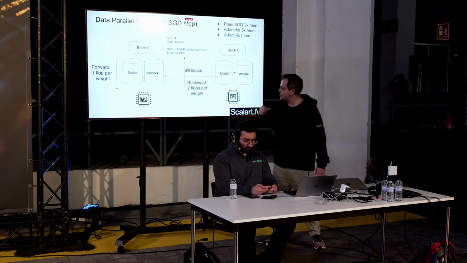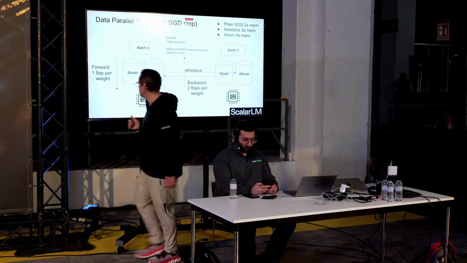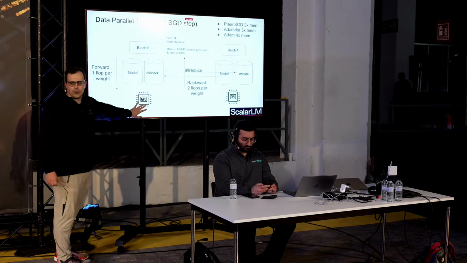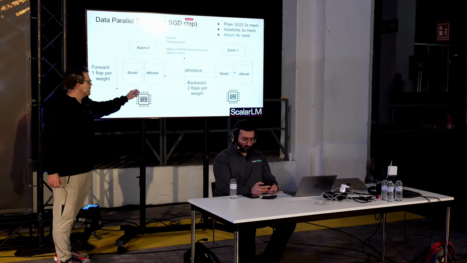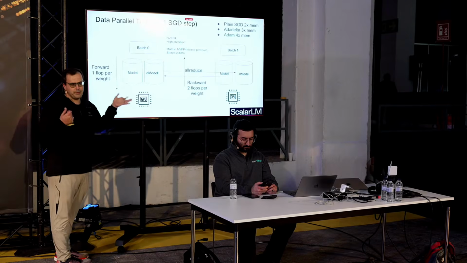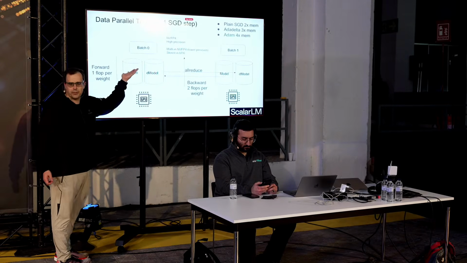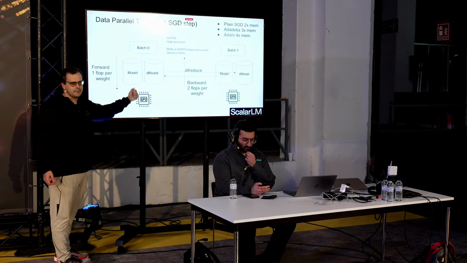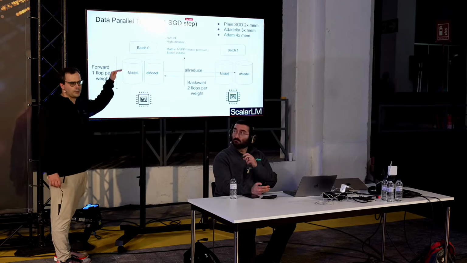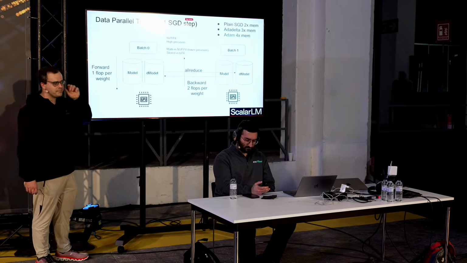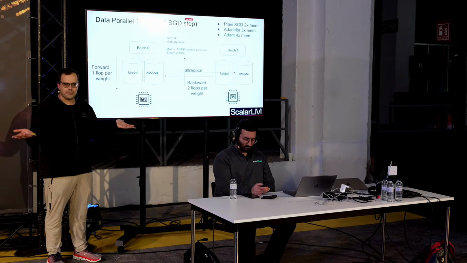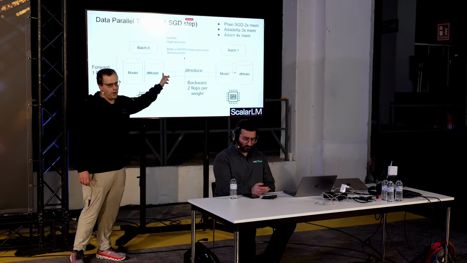But here's the intuition for it. A GPU has the data. You're going to do forward propagation. Forward propagation generates what the model was going to do. Maybe it was right, maybe it was wrong. You backprop an error signal through it. You get a gradient. I don't know if anyone's taken Andrej Karpathy's Zero to Hero. You walk through exactly how to do this. But you end up with a gradient. The problem is that every GPU has a different gradient. So you use an all-reduce, which is